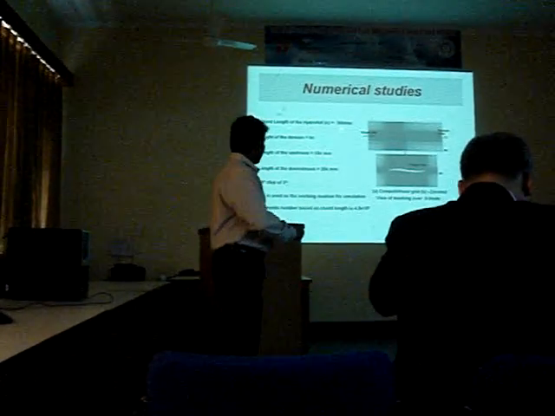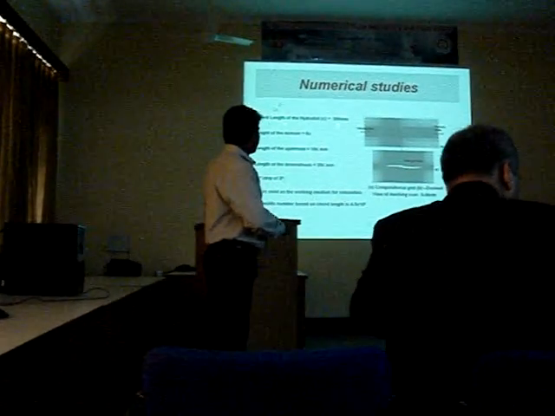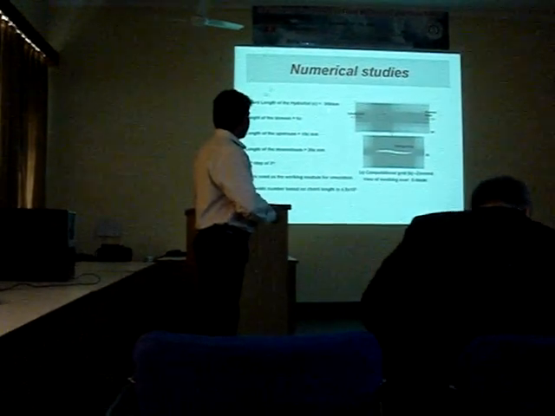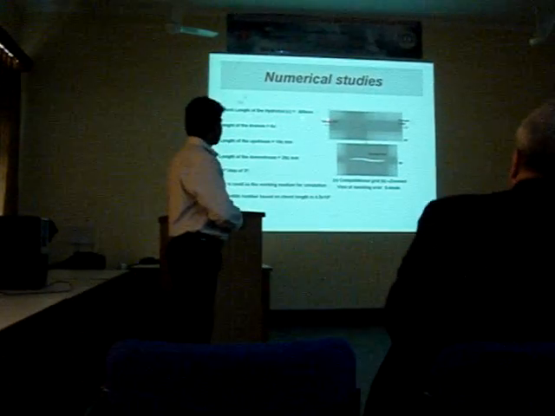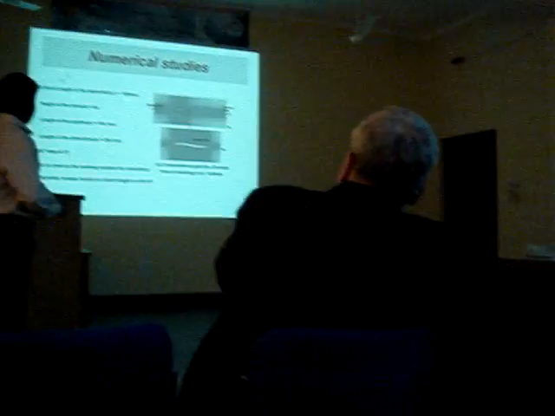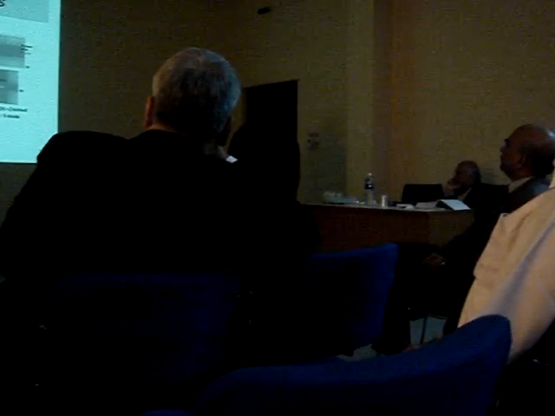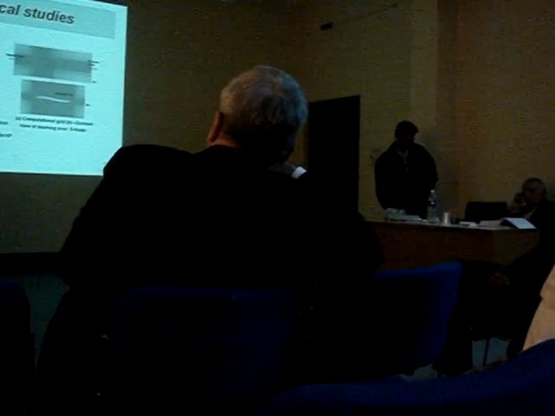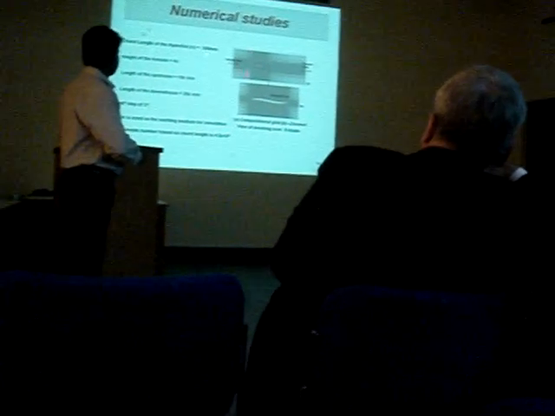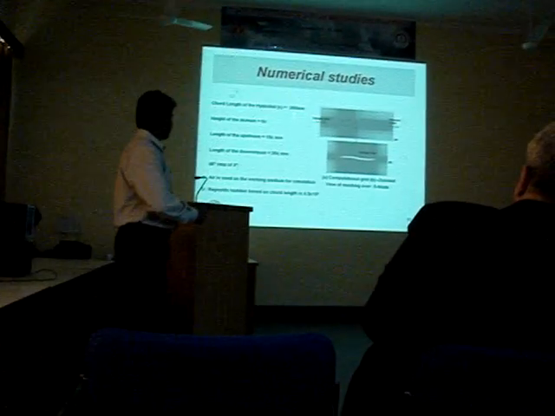This is the computation domain. We use an H-type grid for our domain. This is the velocity inlet, and the inlet boundary condition is velocity inlet. The outlet is a pressure outlet. This is an enlarged view of the blade. We have used the chord as the reference length. The computation domain before the leading edge is 6 times the chord, the height of the domain is 6 times the chord, the length of the upstream is 10 times the chord, and the length of the downstream is 20 times the chord.